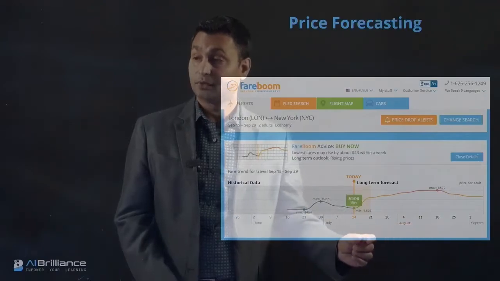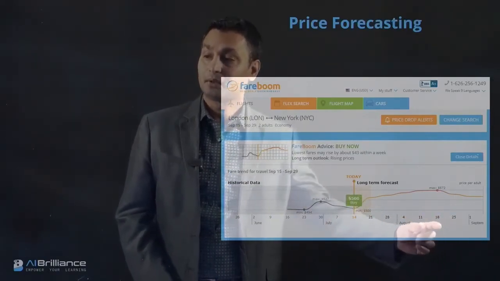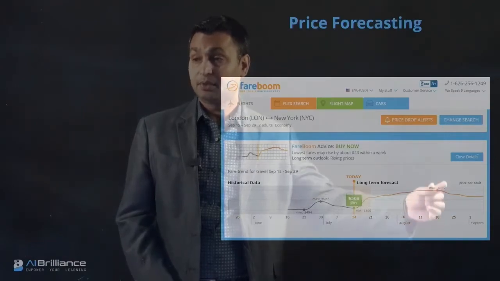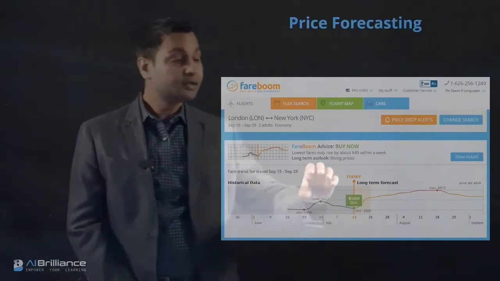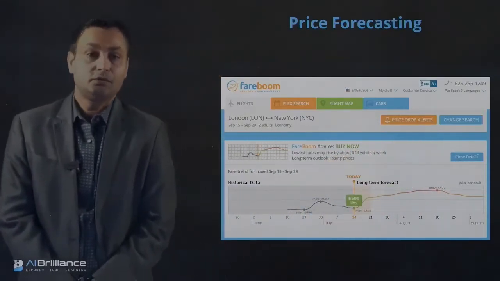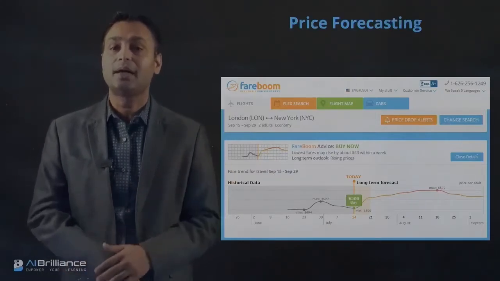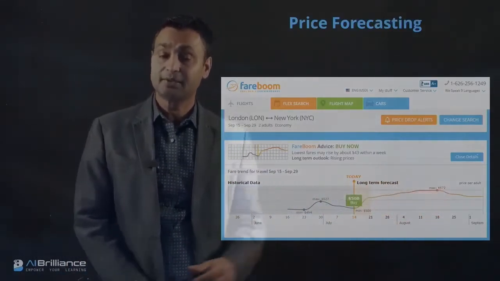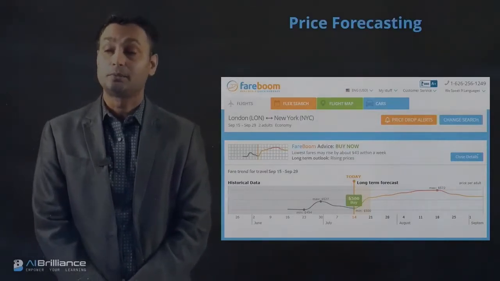So let's say you're trying to buy something on July 14th, what could the price be on, let's say, August 18th? They are predicting that on August 18th it will be maybe 572, and this allows you to plan. If you have flexibility, you can use this to adjust and buy depending upon what has been predicted by this algorithm. You can make an informed decision about what is a good time to buy.